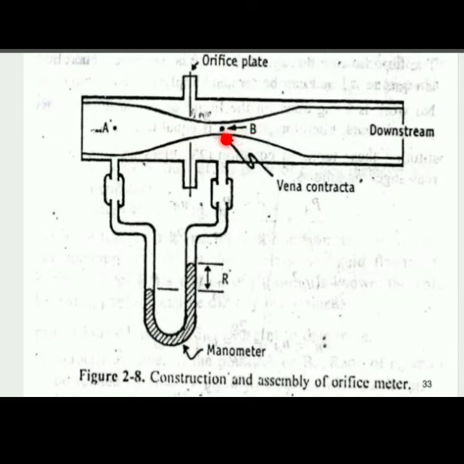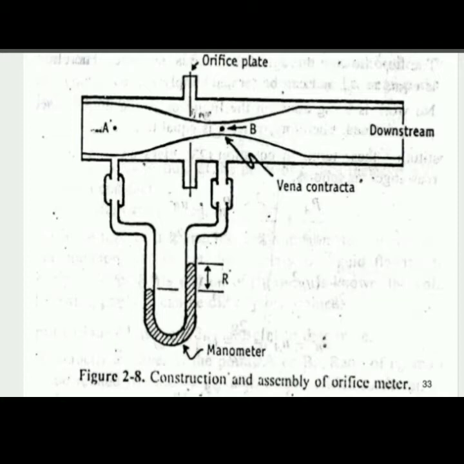the velocity of the fluid at this orifice meter increases compared to the velocity of the fluid in the upstream. This is the upstream and this is the downstream. It results in a decrease in the pressure head. And here Bernoulli's theorem provides the basis for correlating the increasing velocity head with the decrease in the pressure head between 2 points.